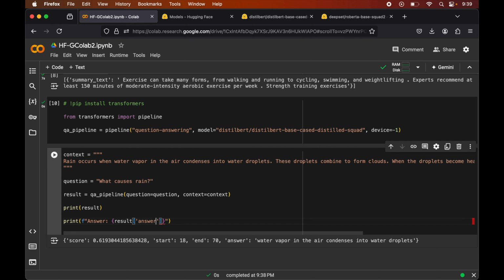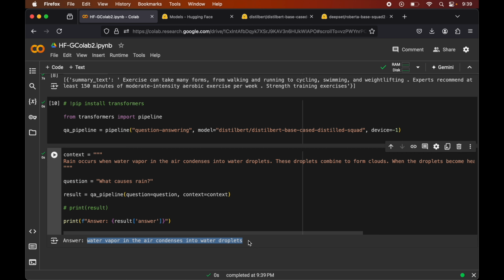So we will say result of answer, and let's comment this out and run this again. So we have got the answer only, which we have printed here: the water vapor in the air condenses into water droplets.